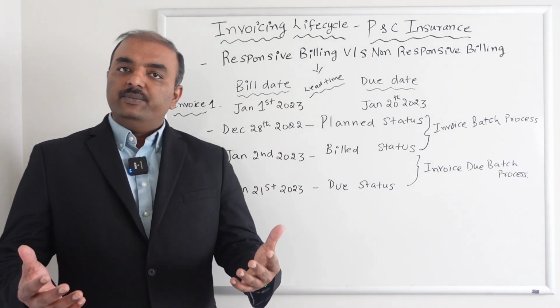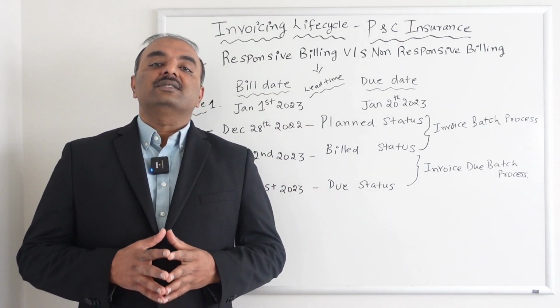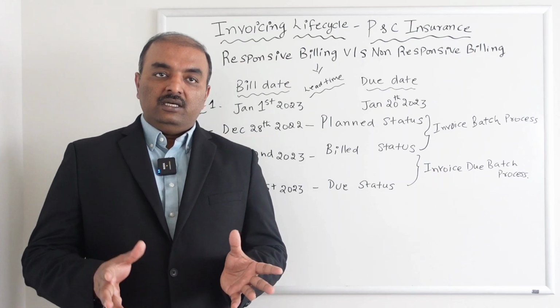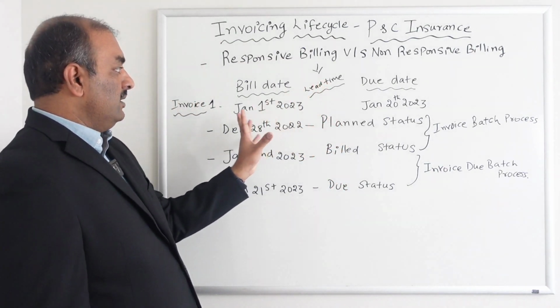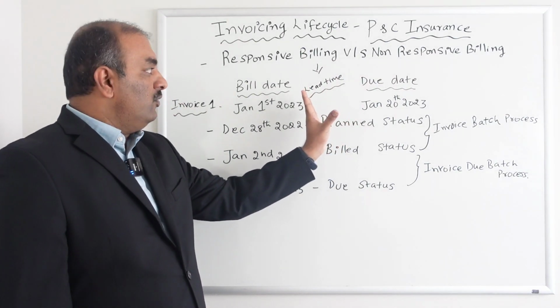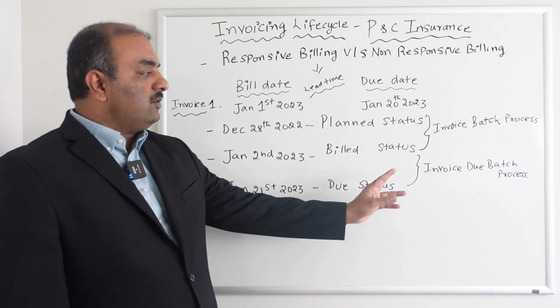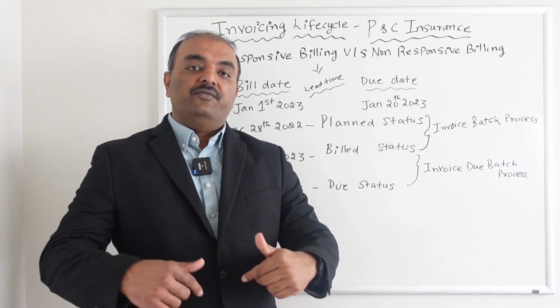Now the invoice is billed, the customer has got the invoicing documents, and they have some time to make the payment. That is what we call lead time. The time between the bill date and the due date is the lead time before which the customer has to make the payment. Then we have another batch called invoice due batch, which also runs every day,